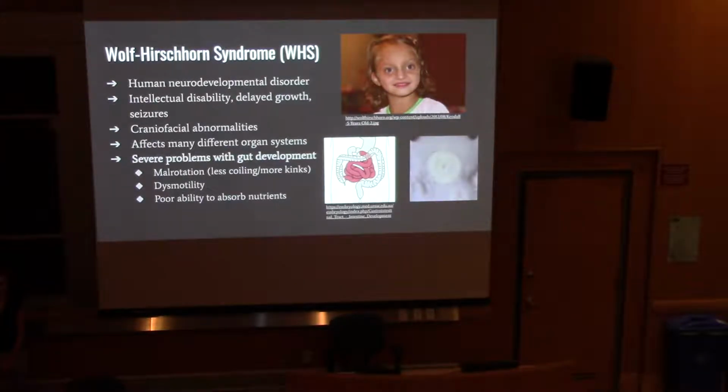Among the different developmental issues patients consistently suffer from are malrotation, or when the gut is less coiled than it's supposed to be, dysmotility, or when the muscles of the digestive tract are uncoordinated or move with the incorrect speed, and the poor ability to absorb nutrients. These defects cause severe quality of life issues for patients, including the inability to eat orally, and patients often require a feeding tube and often have to have surgeries to correct blockages caused by malrotation. As you can see in the two images below, the gut of a human and the gut of our model organism both loop similarly,